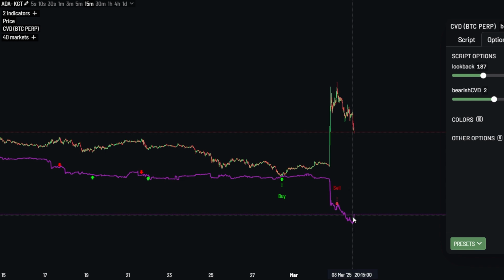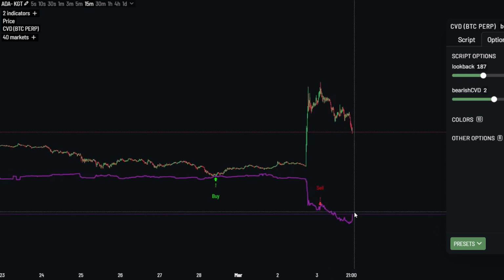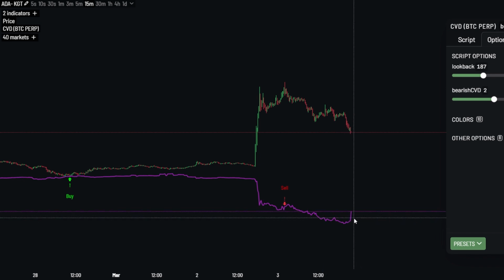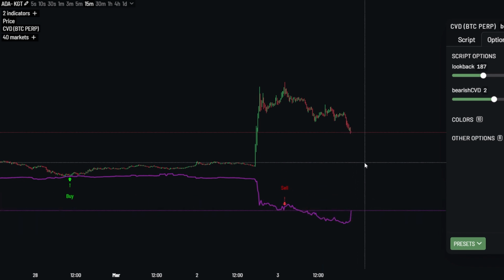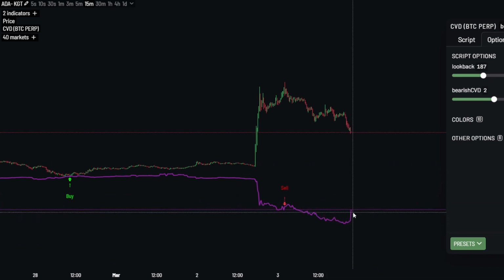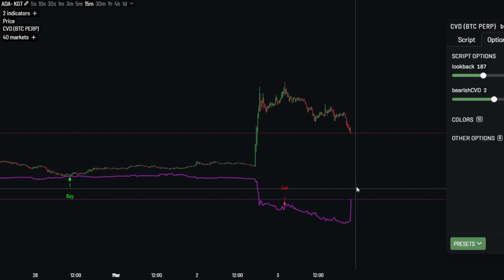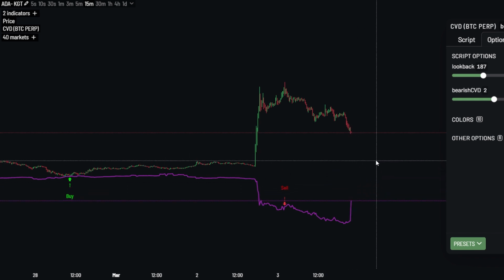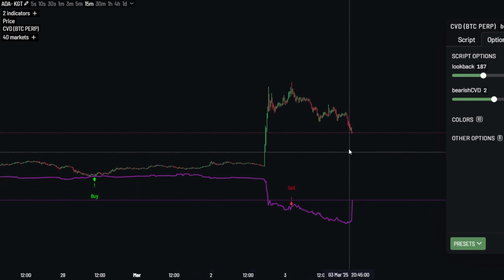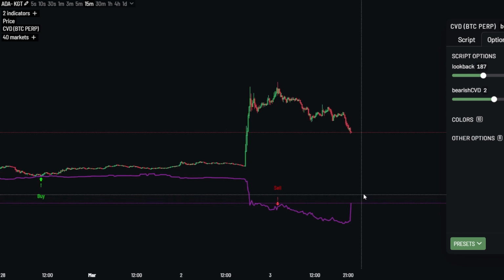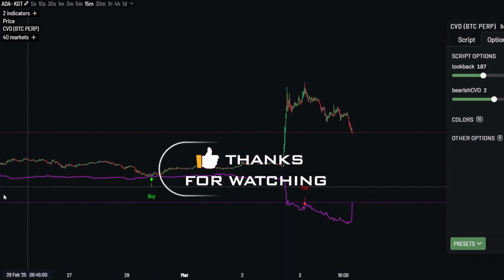And okay, look at the selling right now. Look at what's happening right now. This means a huge selling entering ADA now. Look at the CVDs. That's not good, guys. This is going to move up and this is going to move down. The price action is going to move down like crazy. Here we go. Wow, it's happening right now during the video. Look, the price action is not moving, but you see the CVD lines, meaning a lot of sellers entering right now, guys. Let me upload it for you guys.